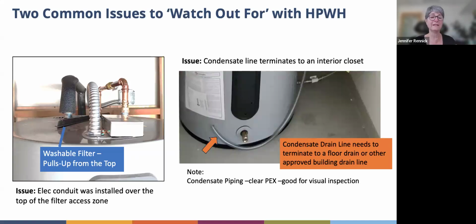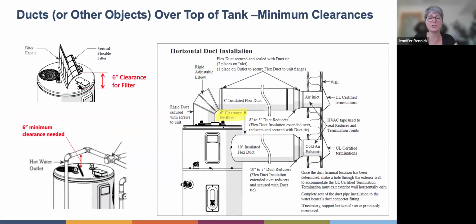So the electrician had to come back out and lengthen that conduit so we could get the filter out. Okay, the next picture just shows an example of what that looks like. And these diagrams, I took straight from the manufacturer's installation diagrams. And in every case, they're reminding folks that you need that 6-inch minimum clearance to be able to pull the filter out, whether it's from